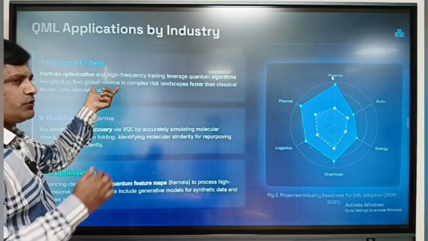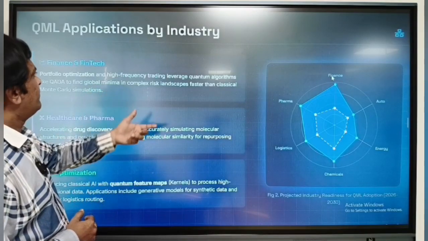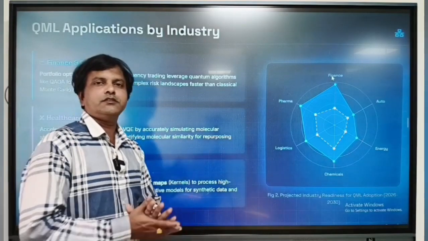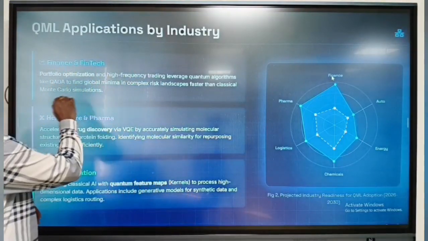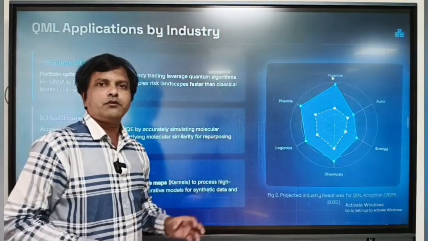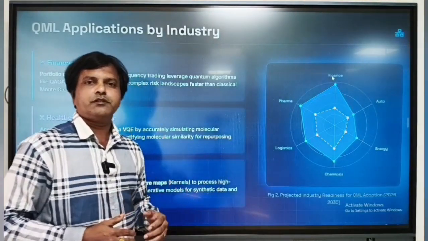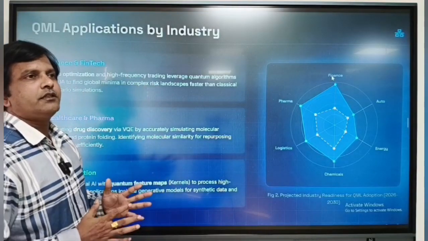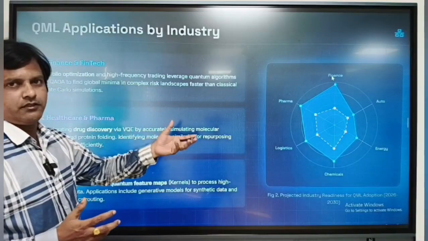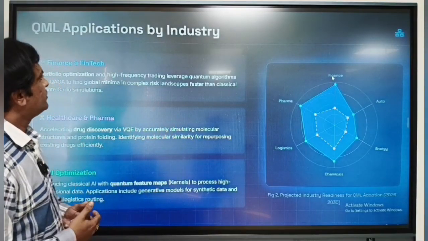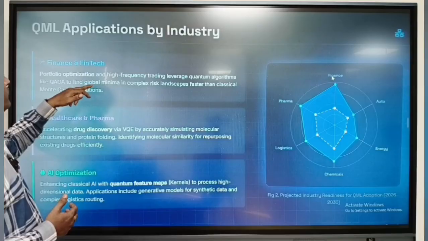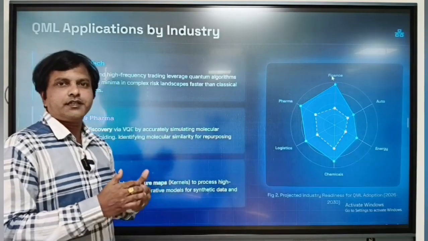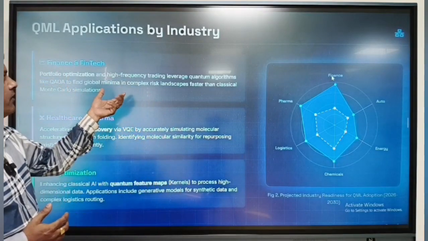To bring it to the minima level, previously there were Monte Carlo simulations, where classical computing is used. Based on Monte Carlo simulations, the prediction of outcomes, the probability of different outcomes, was done at a particular pace, considering so many complex fields. So here the QAOA algorithm finds a global minimum. Minimum means minimizing the complex risk in trading. This is one of the important